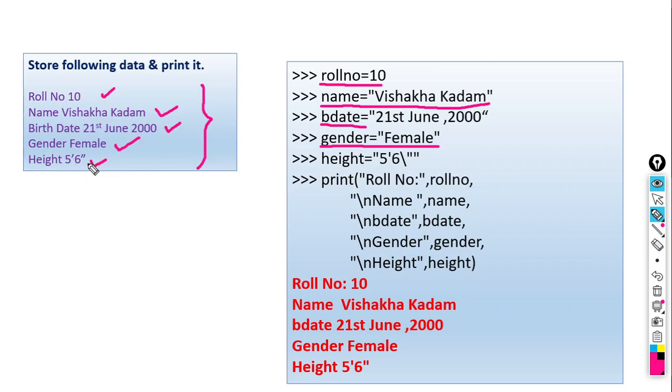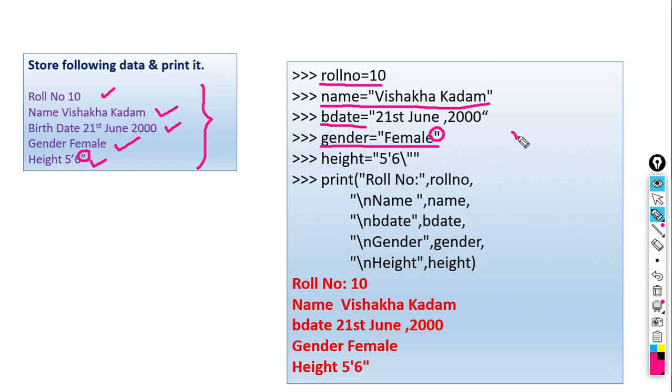So look here how height can be stored. Some special symbol is there. Look here, this is the symbol. What is this? Double quotation mark. And how can we store strings in a variable? We should use double quotation marks. So this symbol is a reserved symbol, so we cannot enter it as it is.